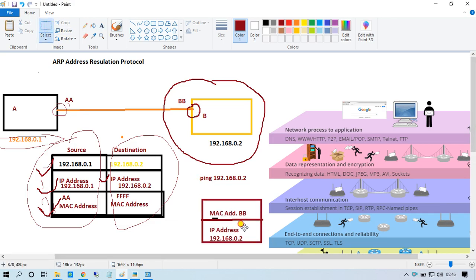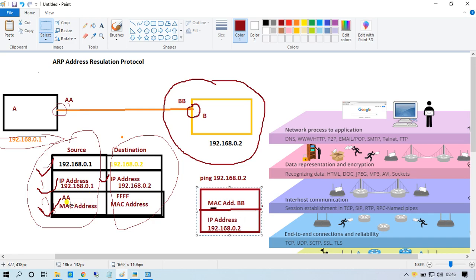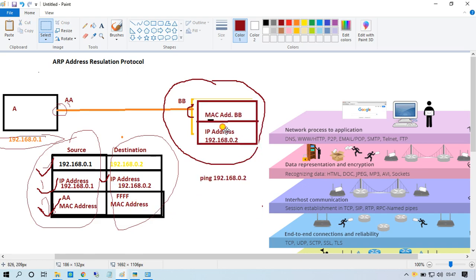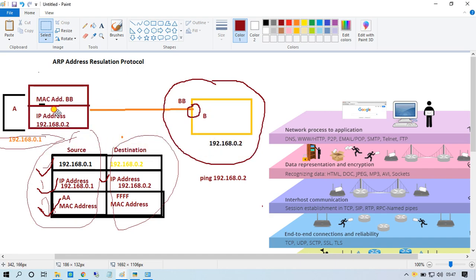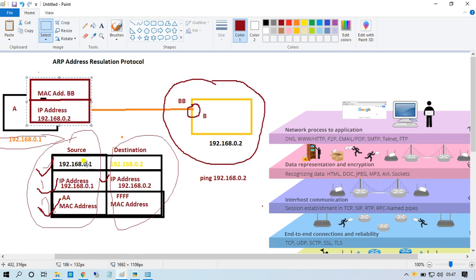PCA already knows the destination IP address. It only needs the MAC address. So system B will send an ARP reply to system A, taking two pieces of information.